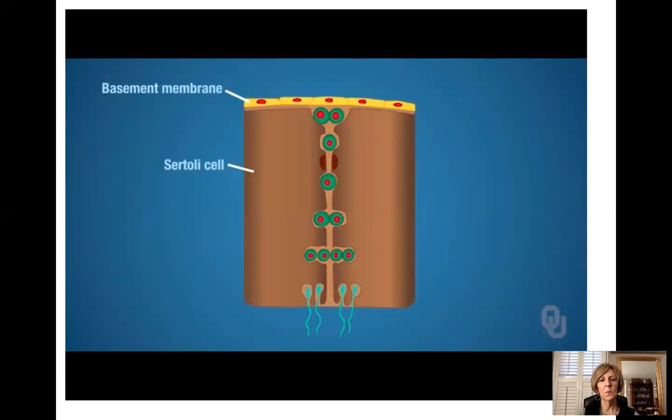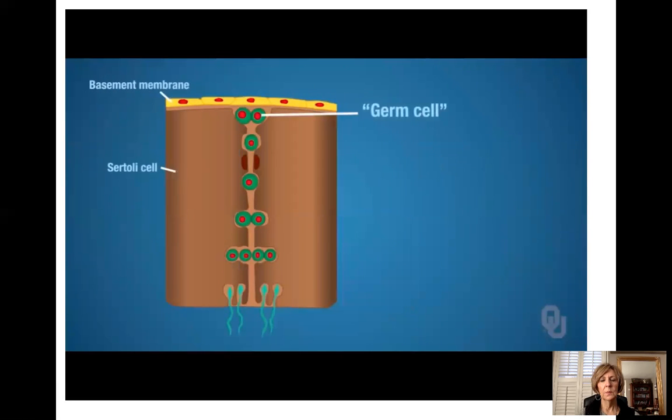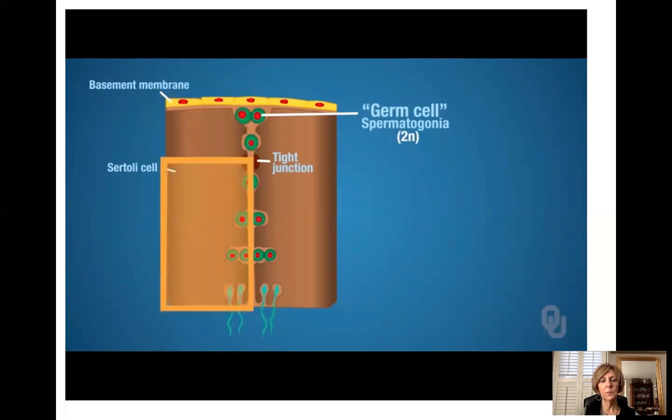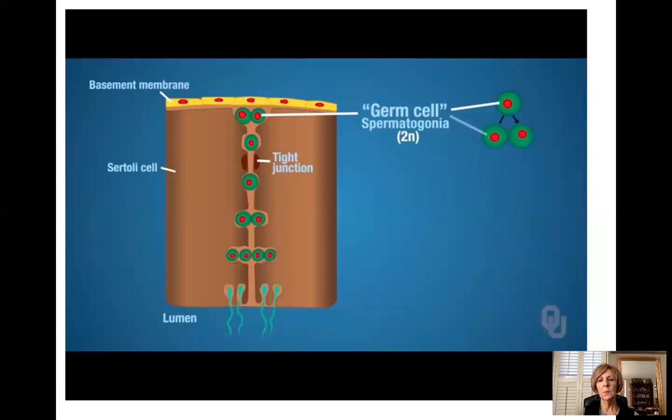We're going to start with a germ cell. The germ cells are the spermatogonia. Germ cells are diploid, 2N. Now, remember that you have two different compartments when it comes to these Sertoli cells. You have the basal compartment, which, if you recall, is from the tight junction toward the basement membrane. The other compartment is called the luminal compartment, which extends from the tight junction to the lumen. We're going to start at the basal compartment with the spermatogonia, and as the sperm migrate toward the lumen, they're